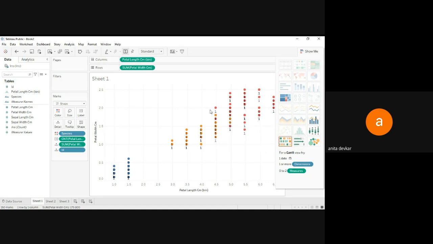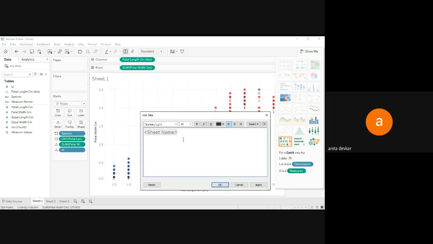So this is one type of visualization I have shown you. With the help of this you can also give the name to the sheet. So comparison between petal length and petal width. I'm just typing the petal width. Likewise you can give the name to your visualization.